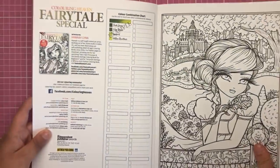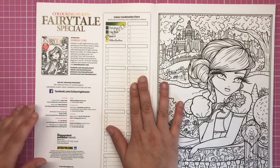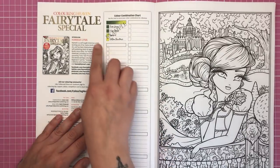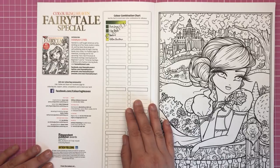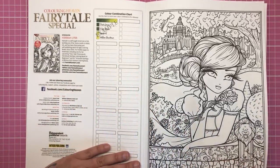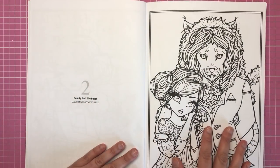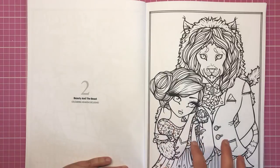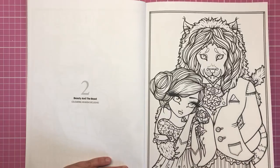And then on the inside cover you can see that we have a colour chart, which is really handy for logging in all the colours you're using in the book. We have a bit about Hannah Lynn and then all of the information about the publisher. Then we're straight into the colouring pages. So it's actually this one here, this Beauty and the Beast illustration, which is the exclusive one for Colouring Heaven. So you won't see this in any of Hannah Lynn's books, you'll only find this here in this Colouring Heaven